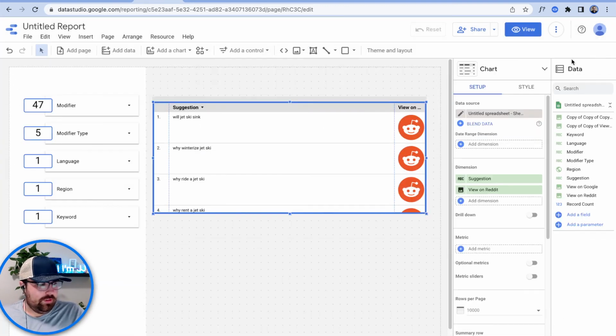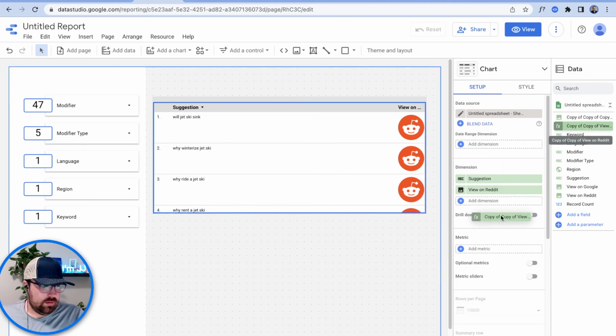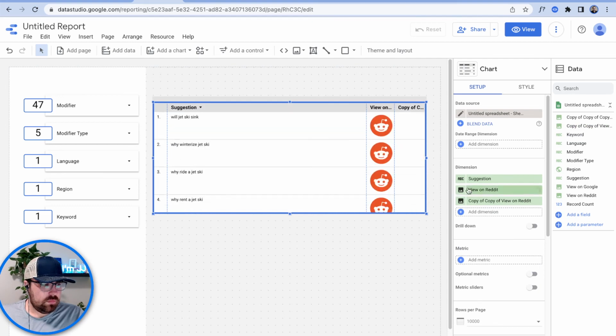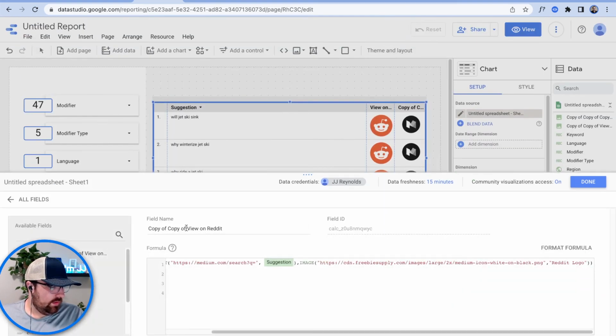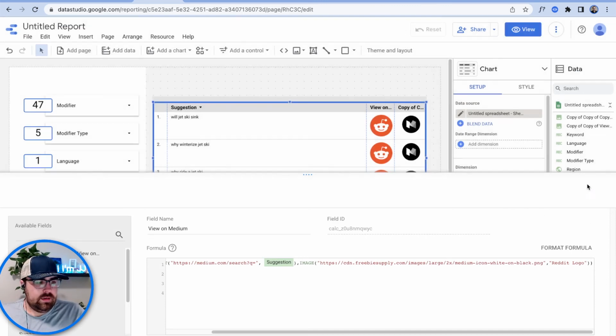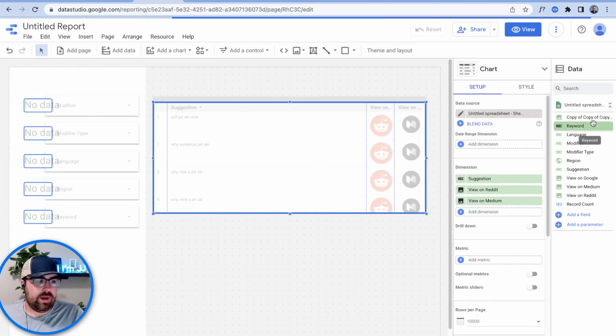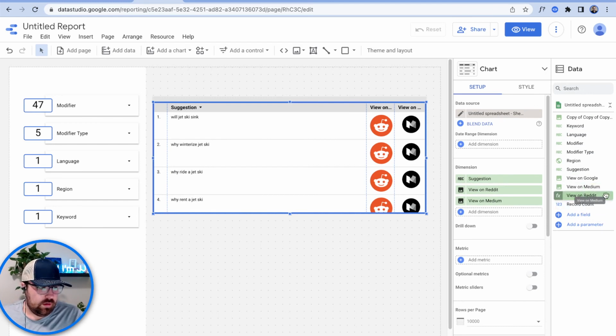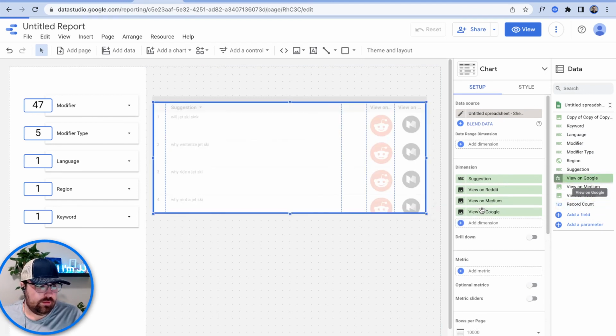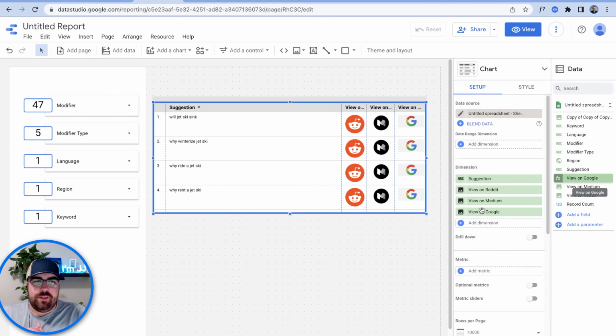And we're gonna go test it just to make sure. So now we should be able to have, oh geez, that's our Medium one, we need to change that. So this is gonna be view on Medium. All right, hit update and done. And then we are gonna also have our view on Google. And so now we just built our own search term, right? So we can quickly come in here